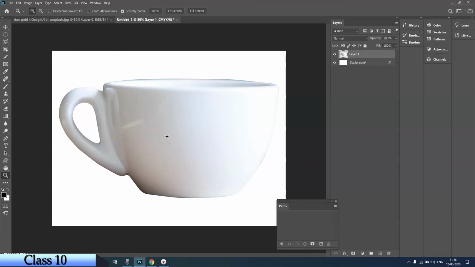Okay, and there is a lot of work in the industry related to background removal. There is a lot of freelancing work also, online shopping websites need this type of work. That time you have to use the pen tool. What they usually do is shoot on a background and they want the background to be removed, and the best way of removing the background is with the pen tool. So better you practice this. This will help you a lot in getting freelancing work or getting into actual work also.